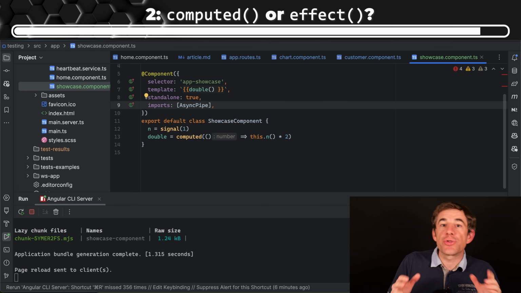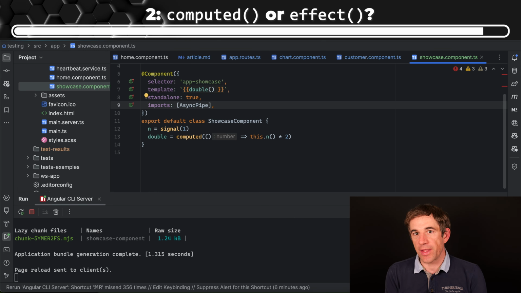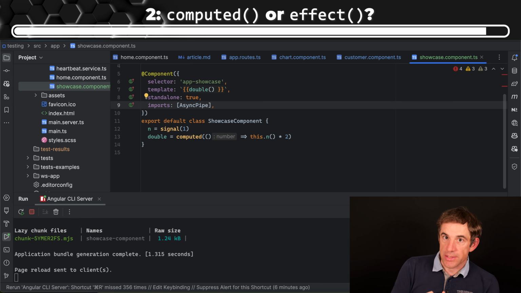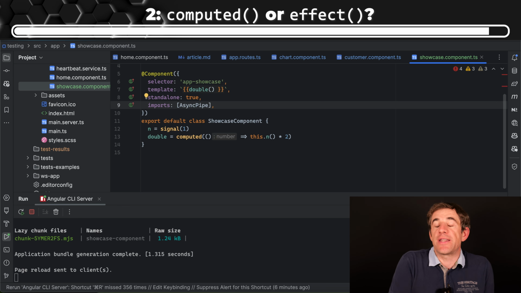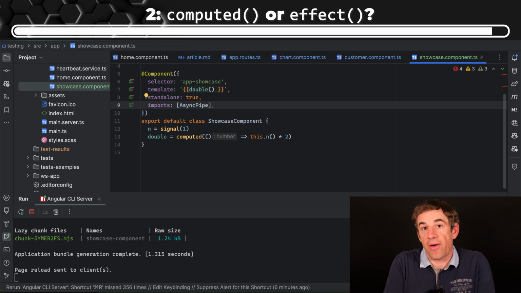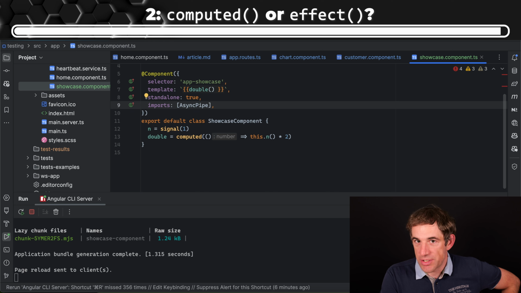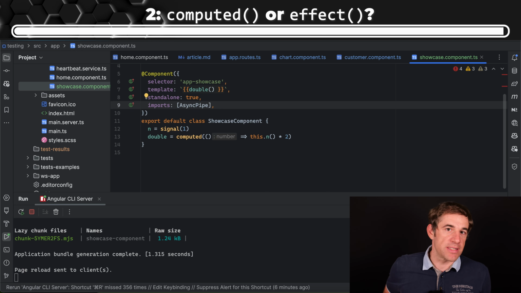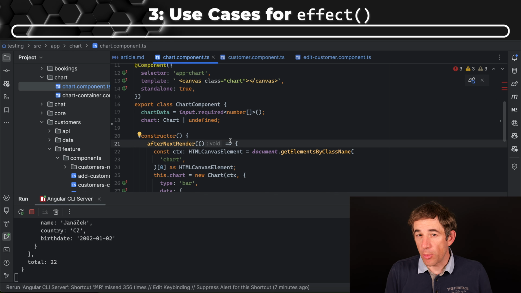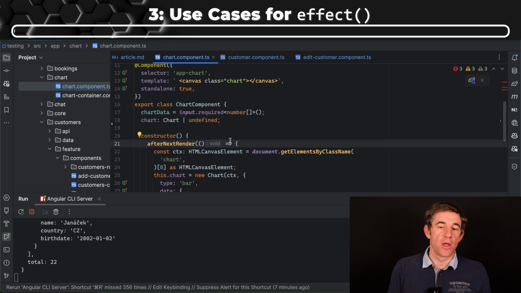And again, this is the problem with the current discussion, I think, that we know all of this already. We would not use an effect for that, but nevertheless, we are very often told, don't use the effect. So the question is, when can we now use the effect? I have prepared some examples here. So we have the common use cases for an effect,